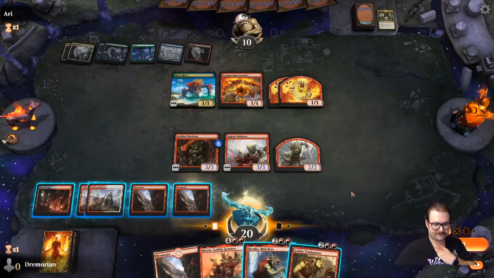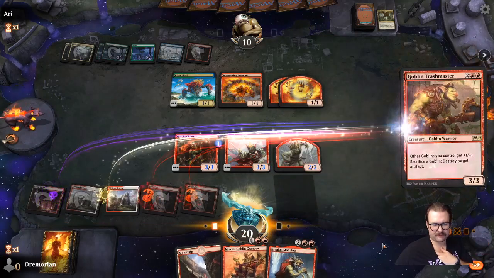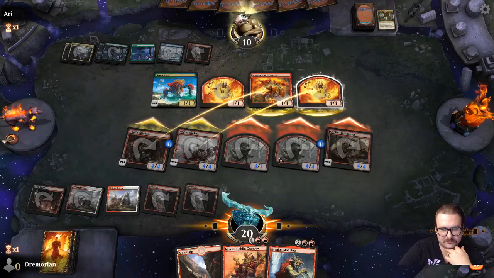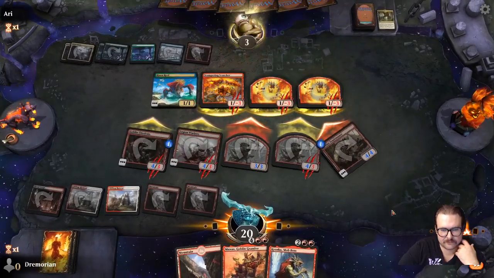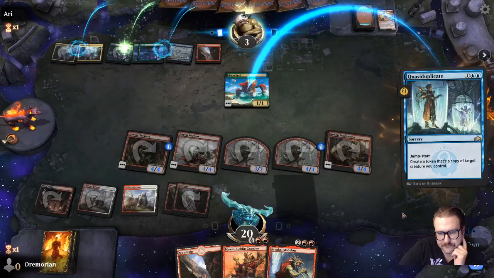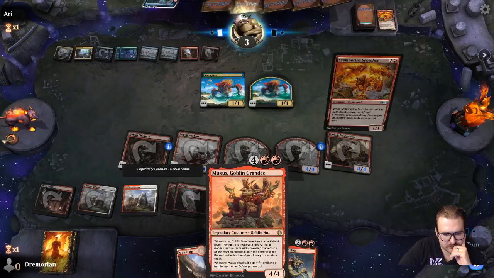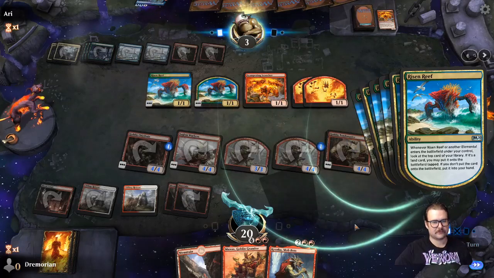Ooh, Trashmaster. Yeah, I mean, I just think we just skip the one phase, right? I mean, you can't really... Goblins. I'm trying to think what he could have. Storm's Wrath. Yeah, that's not gonna do it. Well, I mean, yeah, that's nice, but...